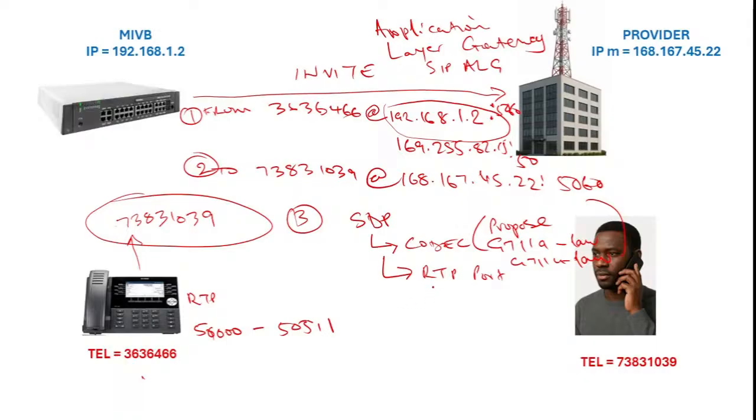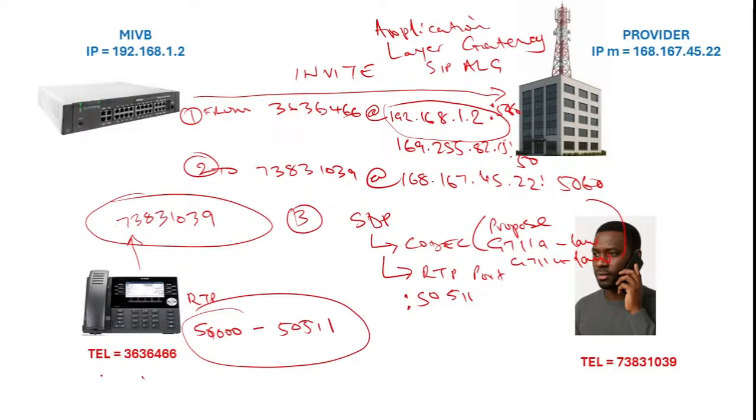And it's going to say we are going to open an RTP path using port. Probably it's going to choose at random from this range of ports for Mitel. Probably it's going to choose 511, and then it's going to say talk to me on this port, and it's